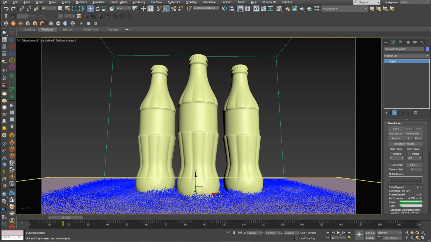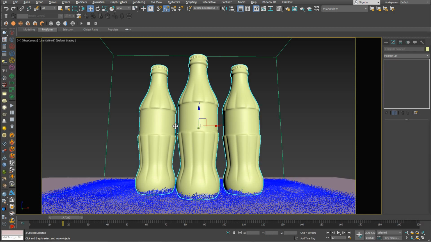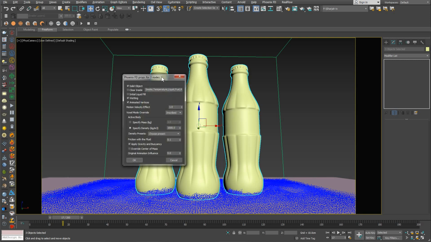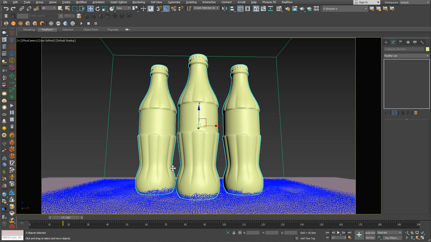What defines the relationship between the particles and the collision objects is actually this factor, which we will change on all these buttons the same way. So we go right mouse button and go to Phoenix FD properties, and here we can find the motion velocity effect, which defines how much these objects affect the liquid, and we can change this number to get something decent. Now I want to increase the reaction here. So if I go to 5 as an example, which is a really big number, and start simulating again,